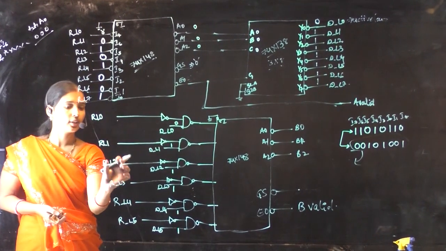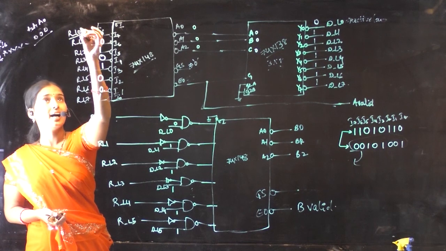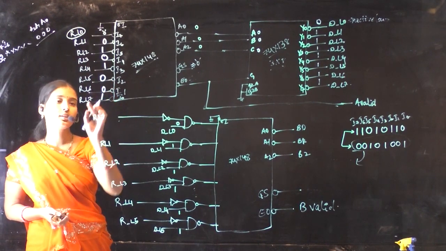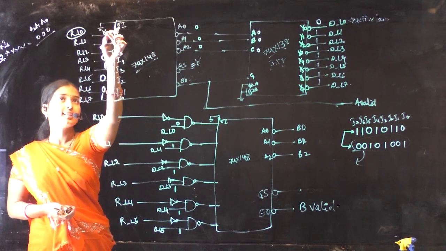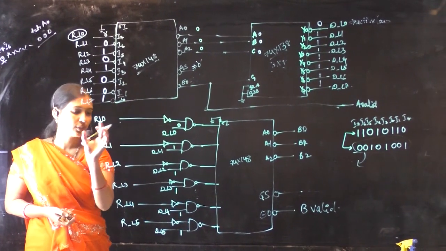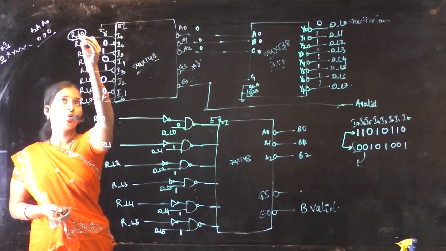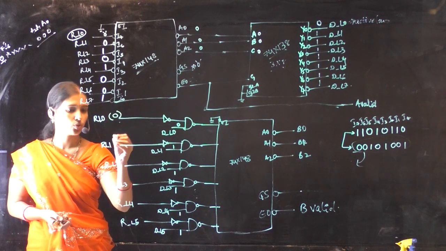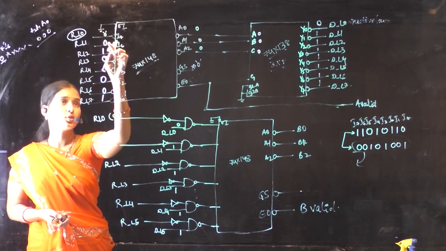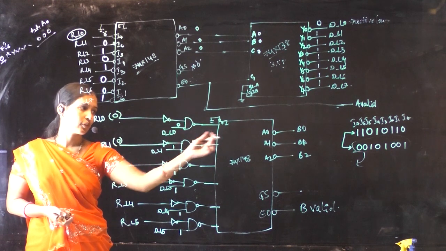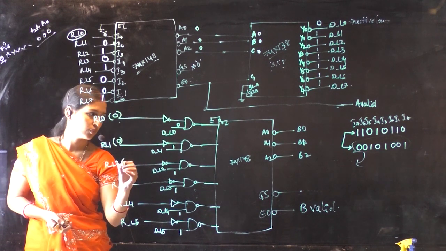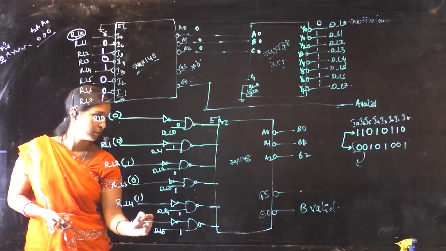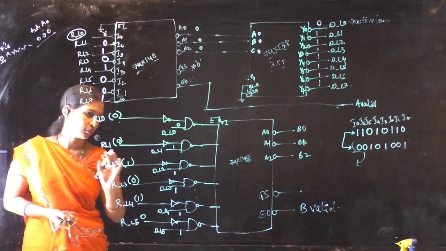Again, what are RL0 and so on? See here, this RL0 indicates that this is at the highest priority, whereas these are at the lowest priority. So consider this, whatever the data here, I will be applying here also. That is what RL0 is equivalent to 0. So I am taking RL0 equivalent to 0, RL1 equivalent to 0. So whatever the data, 0 0 1 0 1 0, and so on.